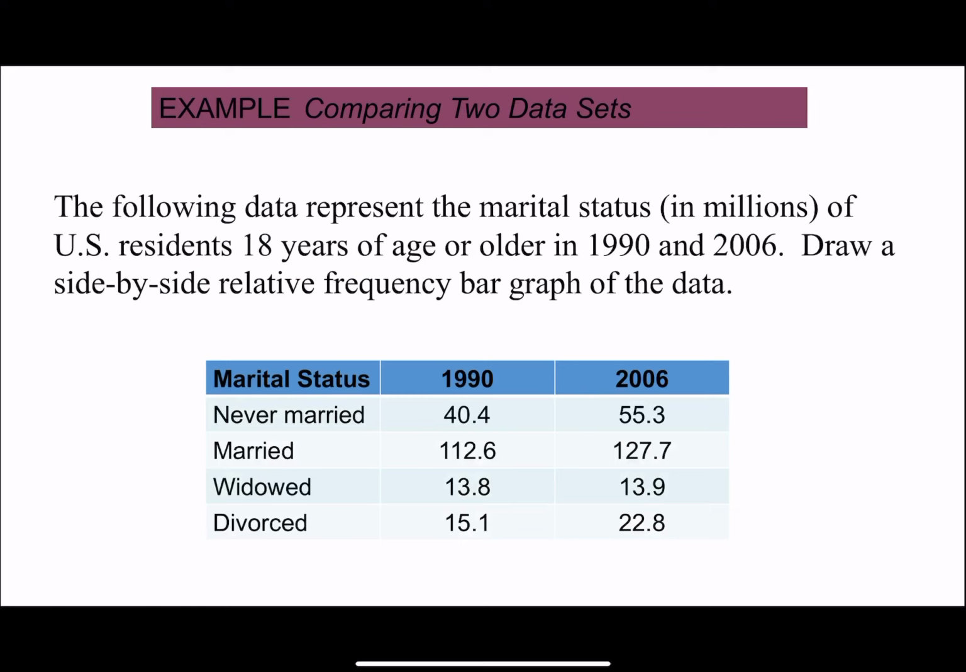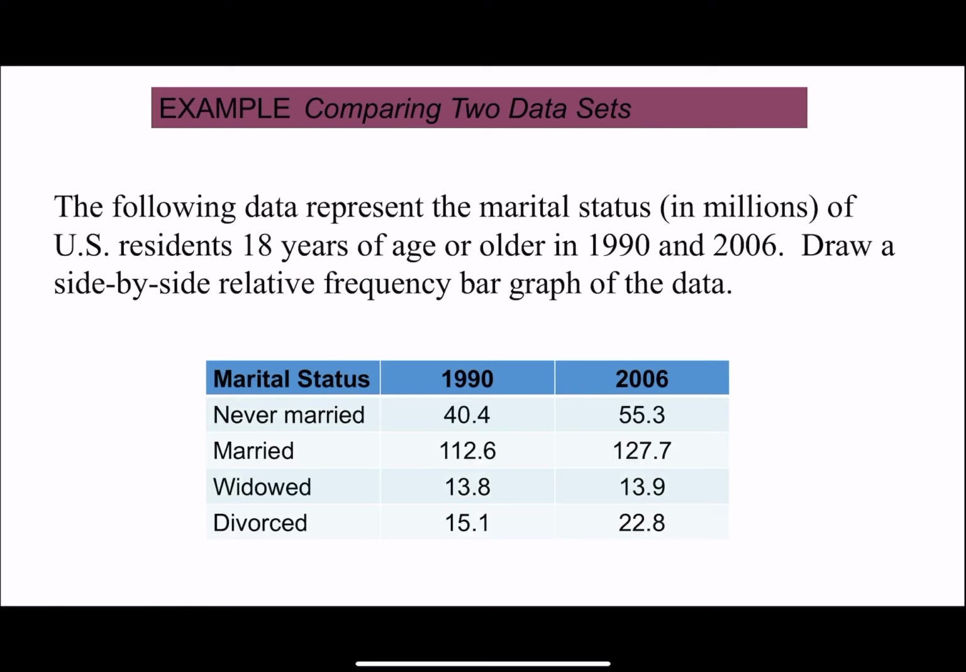So now when we're comparing two data sets, it's going to look a little bit different. Here, the data represents the marital status in millions of U.S. residents 18 years of age and older in 1990 and 2006. So what we're doing is comparing the marital status of the residents in those two years. As you look at 1990, for example, the never married,